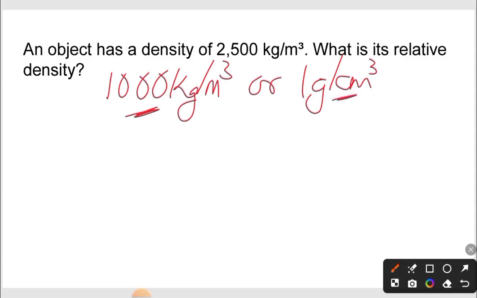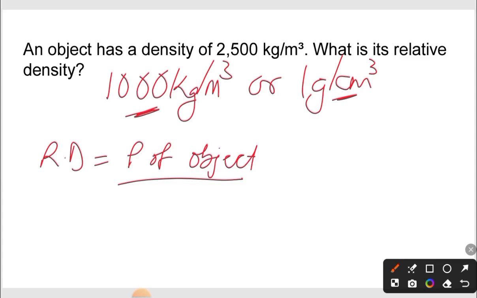Okay, so looking at this question, an object has a density of 2500 kilogram per meter cube. What is its relative density? Now you can try it. You can pause the video, try it. Alright, so relative density equals density of object over density of water. So the density of the object is 2500